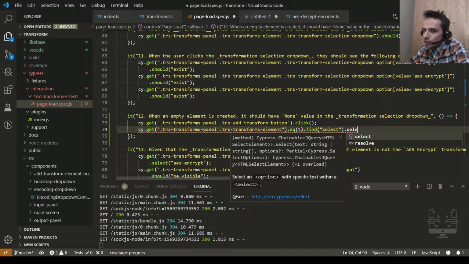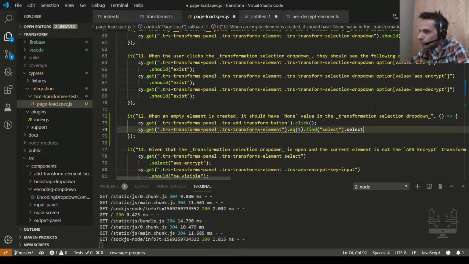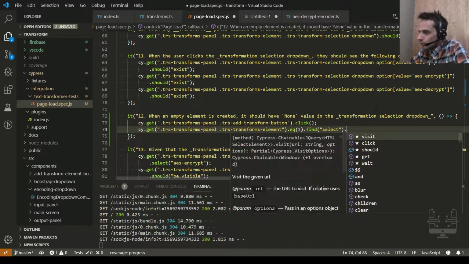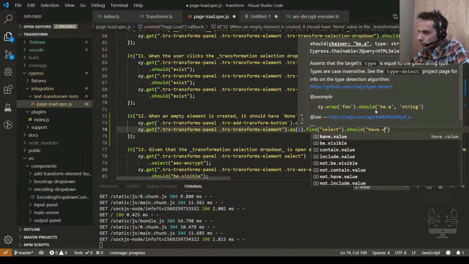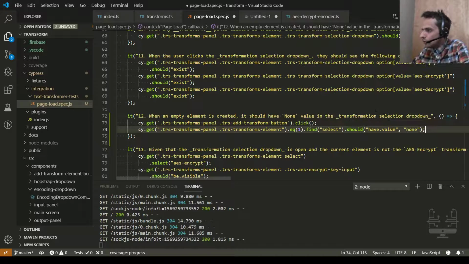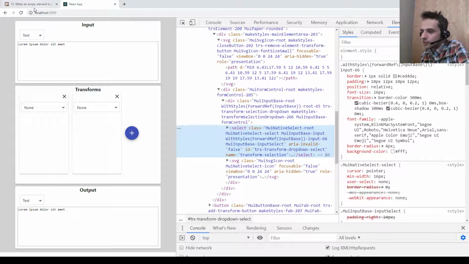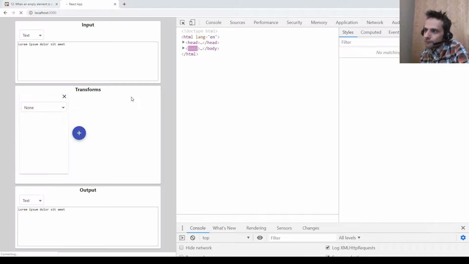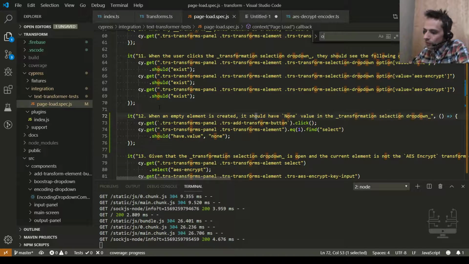To use select on it, I think. No, we need to check its value actually. It should have value none. So by default, a newly created element should have value none. That's what this test is checking actually. Let me go back. Do I have any only?